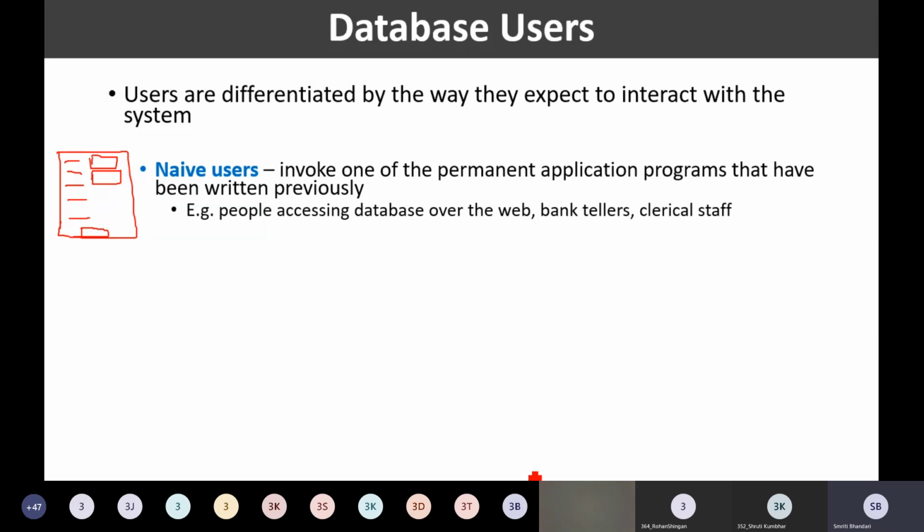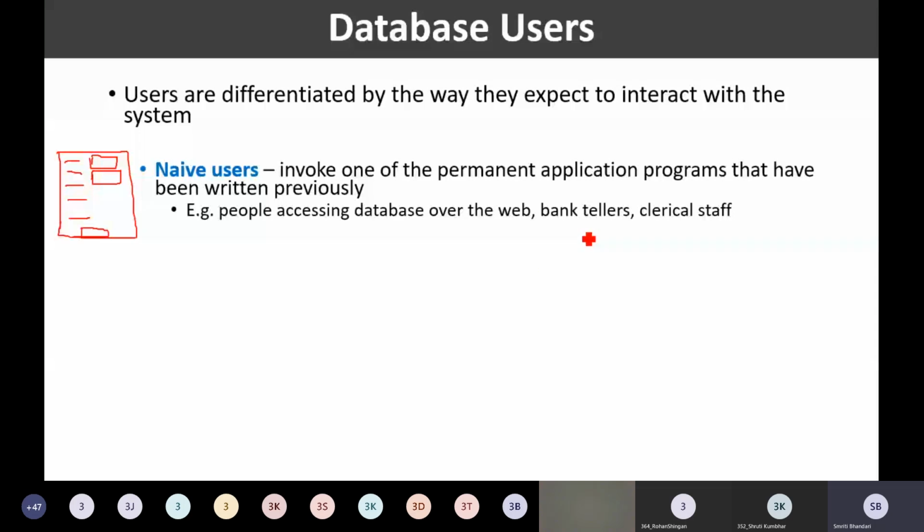They are using the forms, they are inputting the information, they are submitting that information, okay? Or they are browsing some kinds of reports. If I am a clerk and I want to find out the list of the students, I'll be clicking on that functionality and I'll get the output of that application program in the form of a report.